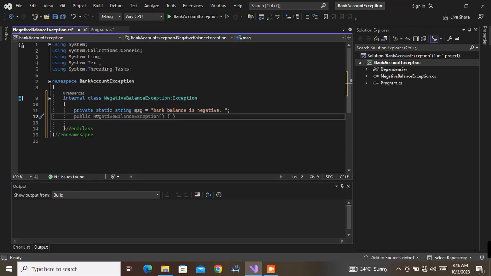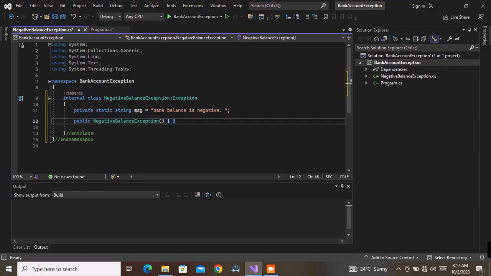Secondly, what I'm going to do is just to have a constructor. So this is exactly what I have. Remember, constructors have the same name as the class, and they must be public. So remember, I'm using inheritance here, and I am saying this constructor accepts no argument, but this constructor has to use the base from the exception. So when I call this constructor, the base will go into the exception class